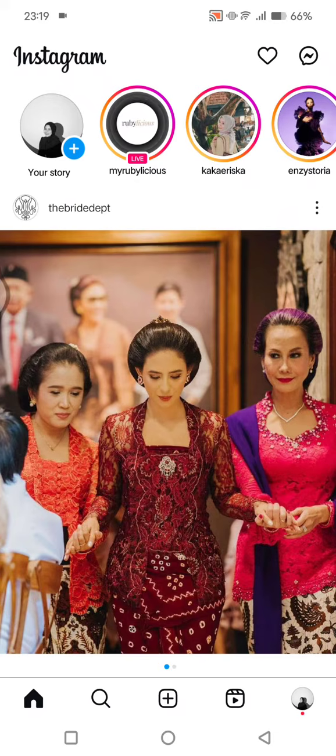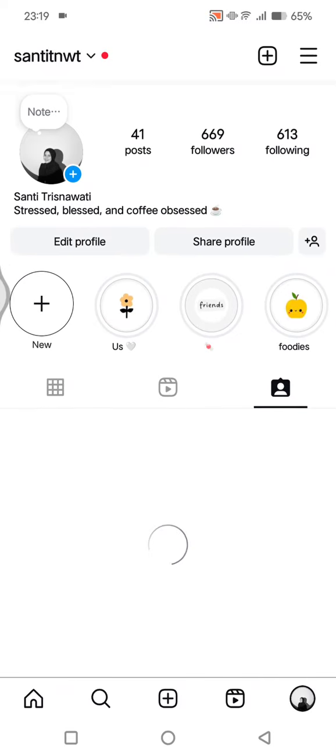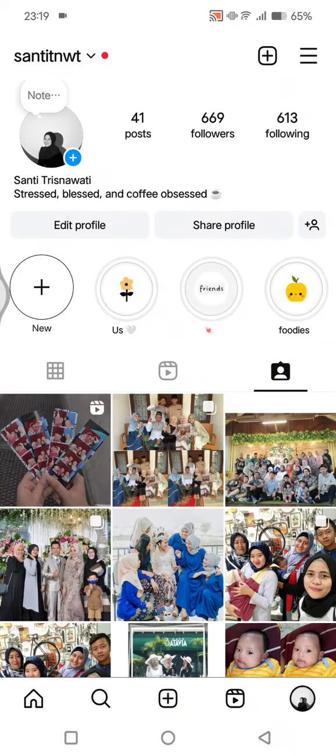On today's tutorial, I'm going to show you how you can remove tags and mentions on Instagram posts. So in here, what you need to do is open your profile on Instagram and go to the tag page on your profile by clicking on this icon right here, and you'll see the posts that are tagging you on